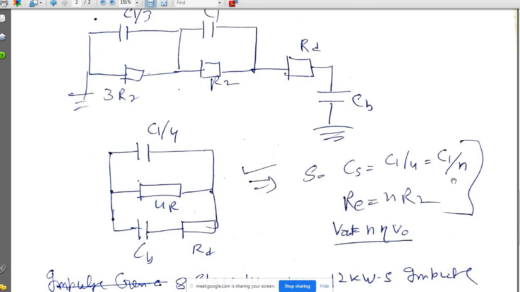So if you find out the value of C1, then it is n times the source capacitance. Similarly RE is equal to n into R2, ये वाला जो रेजिस्टेंस हो गया 4 टाइम्स ऑफ दिस R, सो RE हो जाएगा. ओके, और RD तो RD है. सो यू कैन कंपेयर. And what is the V output? So the output voltage is n times of the voltage of V naught, and here it is multiplied by the efficiency of this circuit. So output voltage appears across this CV.